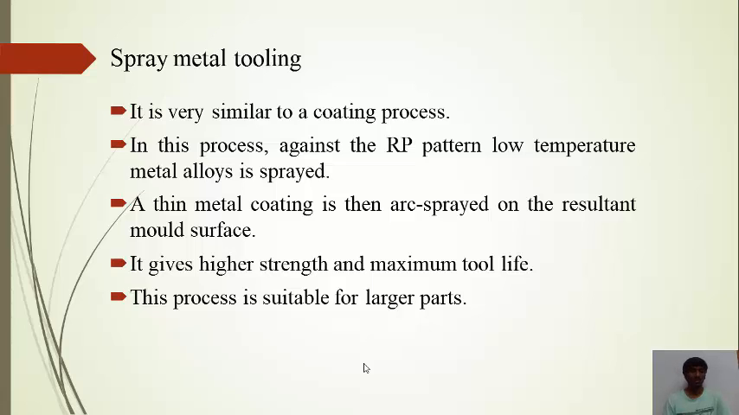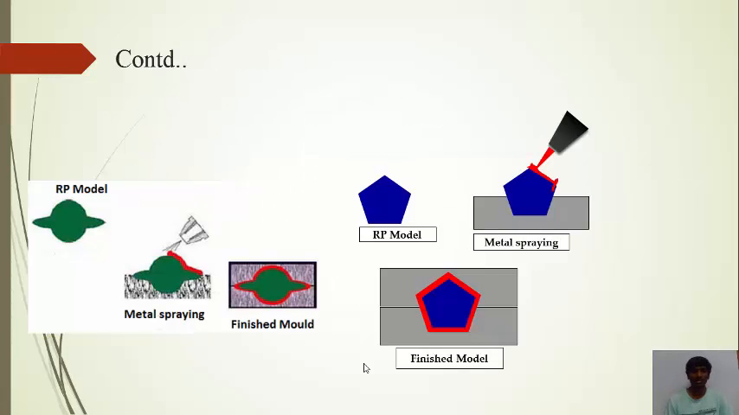After preparing this component using this RP, rapid prototyping, we will be spraying some metal as a thin layer over this pattern, so as to produce higher strength and maximum tool life. So in the next slides we will be seeing this. As you see, in the first step, it is a rapid prototyping model, and you will take the metal spraying, and a thin layer of metal is sprayed over our rapid prototype model, and then once the spraying is finished, you will keep that in the mold, and after that this pattern is taken out,